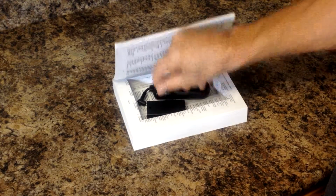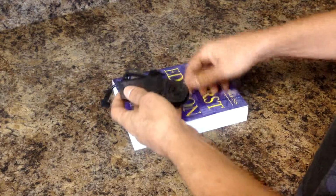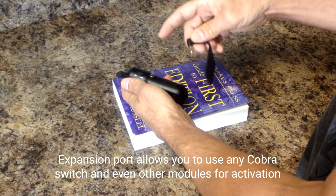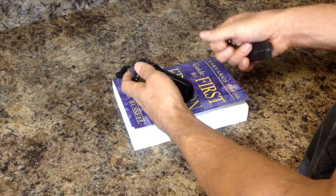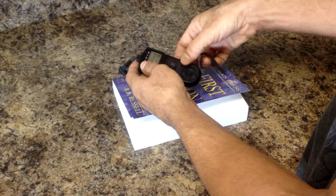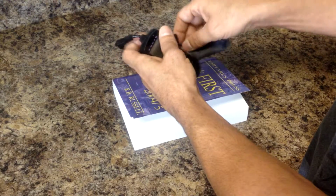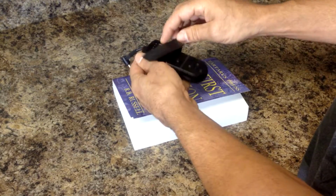Alright, and my timer unit, this is a timer module, this brand new timer module, and you can see I have my Cobra pressure switch plugged into the timer module. The timer module has a port in the side that accepts any of the Cobra switches or modules. So you can use it without plugging the switch in. It has its own switch built into it, but it's small, right? This is kind of neat because I'm going to plug this switch into it, and by positioning it here, it also can be positioned here along the back, right? But by positioning it here,